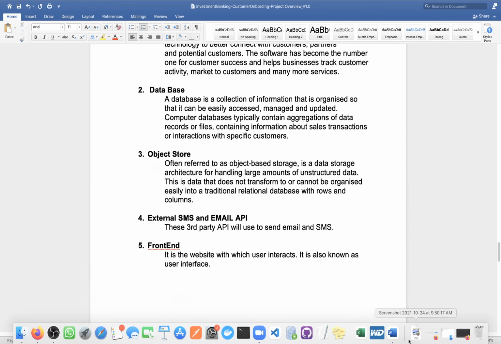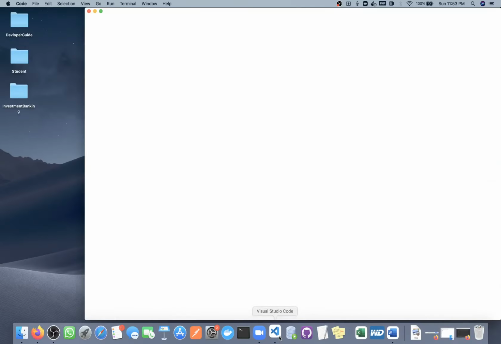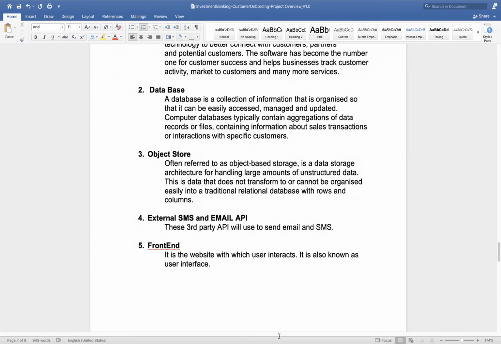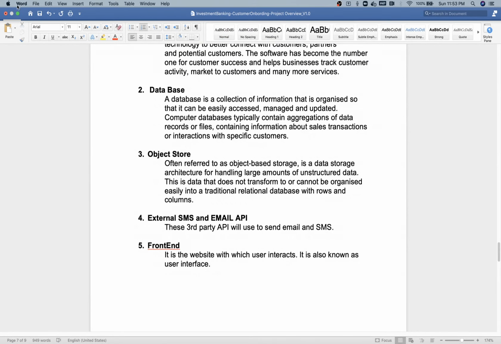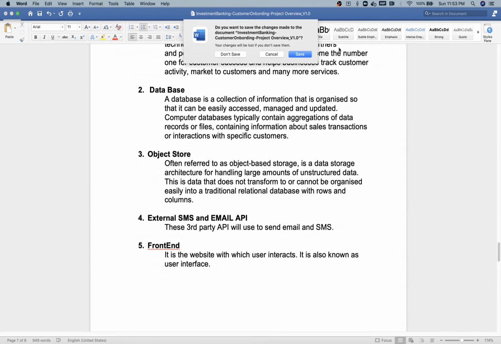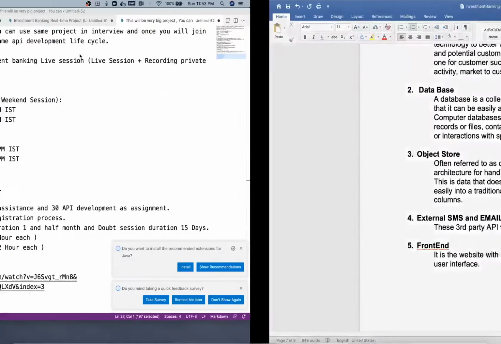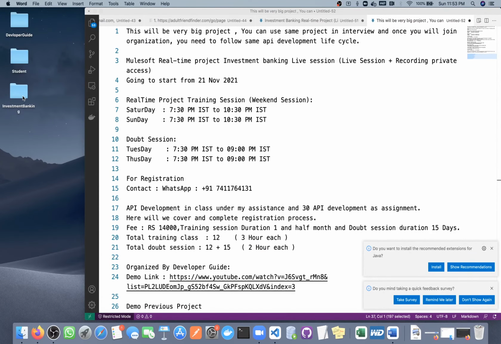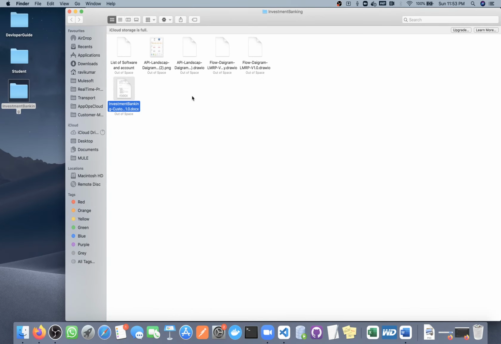Whatever documents I am creating and using, everyone will get on Git. I will tell you how I will share on Git and how you will upload and download.